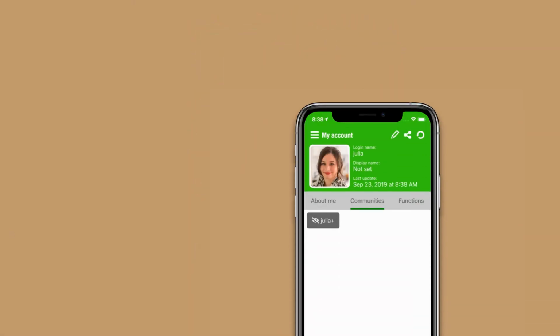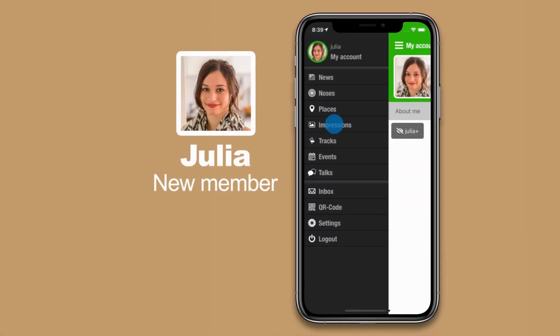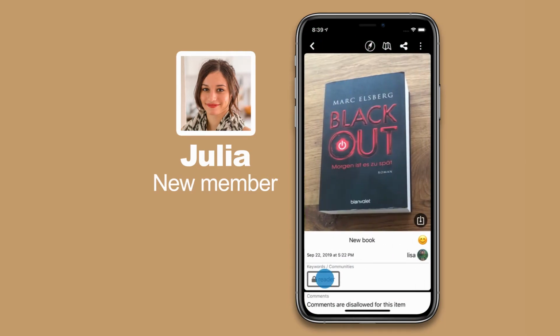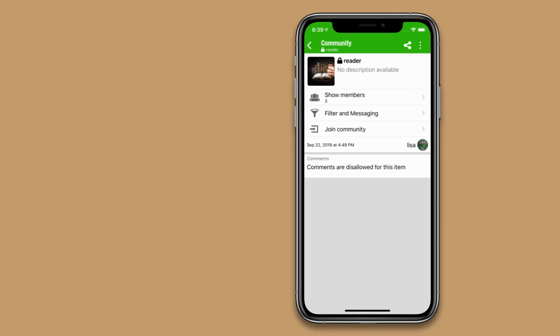GPS Nose Community is the perfect tool to form a real local group in your area. You can use this tool to improve the communication with members virtually or in the real world. For other platforms, communication is limited to virtuality. The reality can only be mapped with GPS Nose. Your post will also be found in the neighborhood by users outside of your community, so you can find new members quick and easy. I hope this video was helpful.